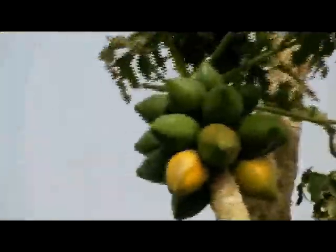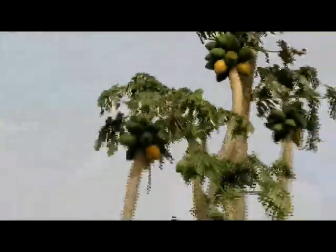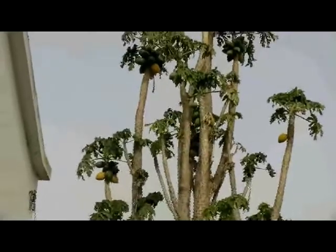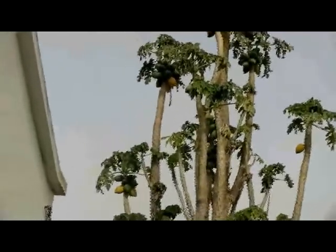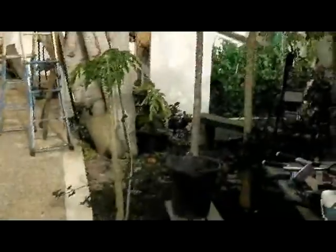So occasionally I do get a papaya with 1 seed in, or 2 seeds in, and I've actually managed to grow 4 sons of papaya, or daughters of papaya, from this tree. It's very, very difficult to get the fruit because they hang so densely, and up at such a height. I do have a basket